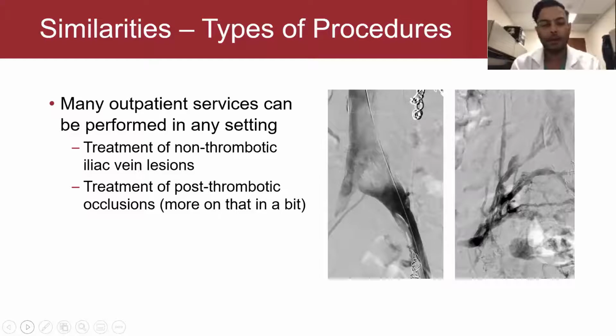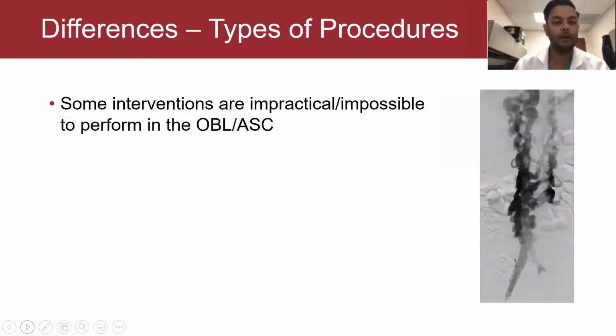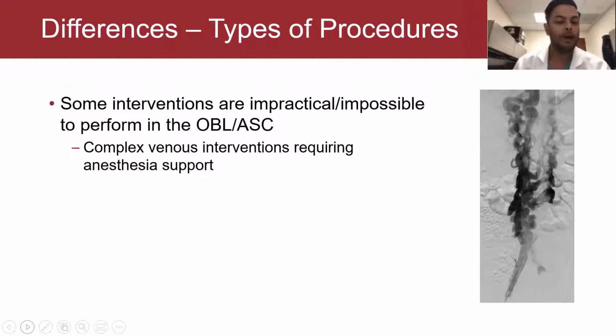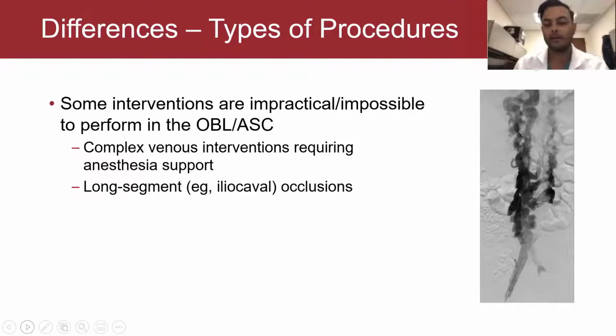Treatment of non-thrombotic iliac vein lesions and compressions, pelvic vein embolizations can be treated in the office as well. And we can treat post-thrombotic occlusions, but we probably have to be somewhat selective about which ones we pick. Some interventions really are impractical or perhaps impossible to perform in an OBL, maybe not so in an ambulatory surgical center. Complex venous interventions that require anesthesia support, particularly those that are long segment iliocaval occlusions that require multiple accesses,